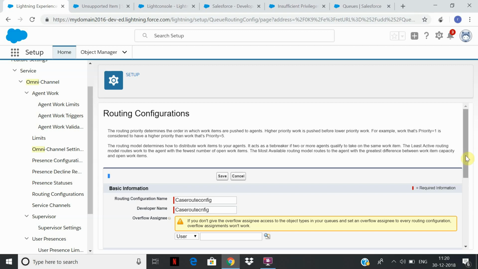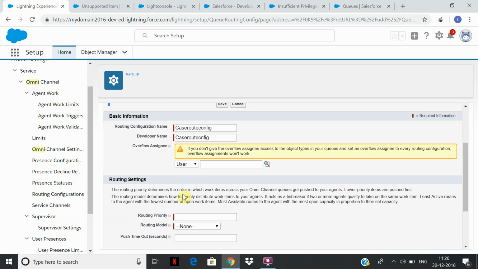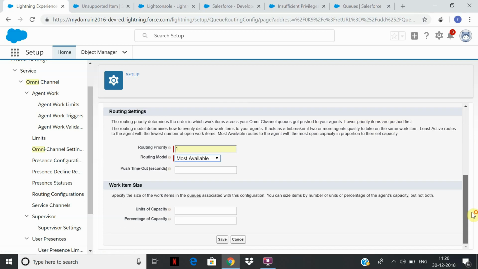Here your settings need to be right, and you will select the queue. In our case, we are going to use the email queue. For the routing priority, you give it a number, and for the routing model, you can say most available. And this is an important one: the units of capacity, like 2 and 20.